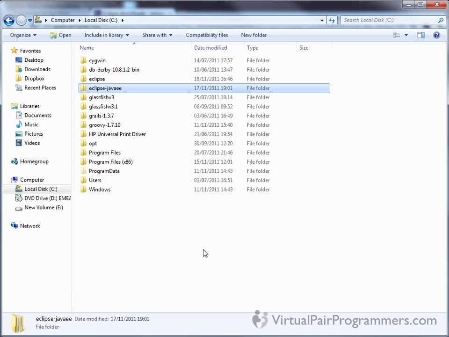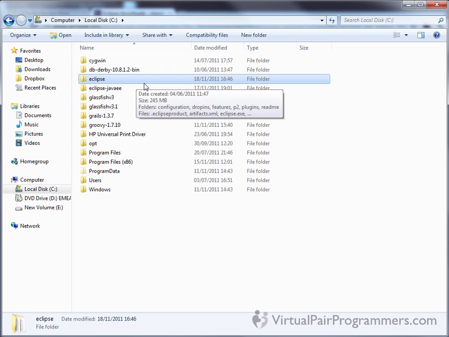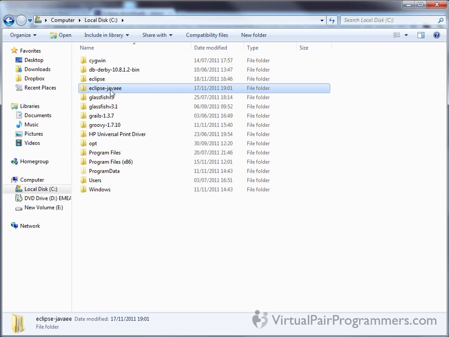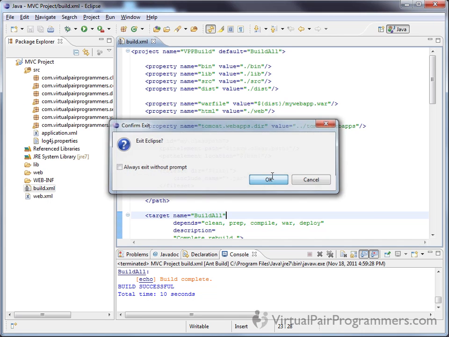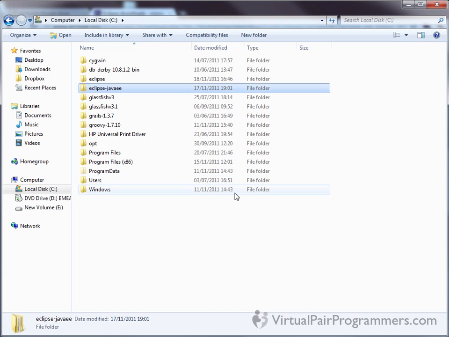Now remember that Eclipse doesn't really install like a regular Windows application might install. So it's absolutely fine to have two separate Eclipses on your system. This one here is my original Eclipse, the plain Eclipse with no plugins. I just have a separate folder here for the Java EE version. And just to save system resources, this is my plain Eclipse. I'm going to close that one down. It would probably be okay to run them in parallel, but just so my PC doesn't melt down,